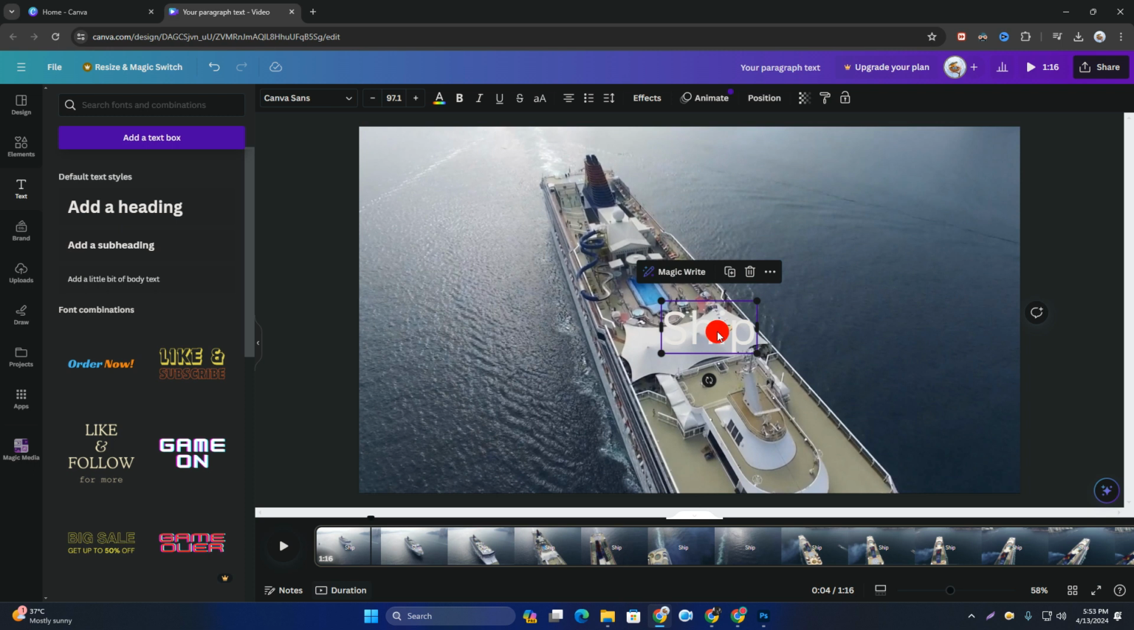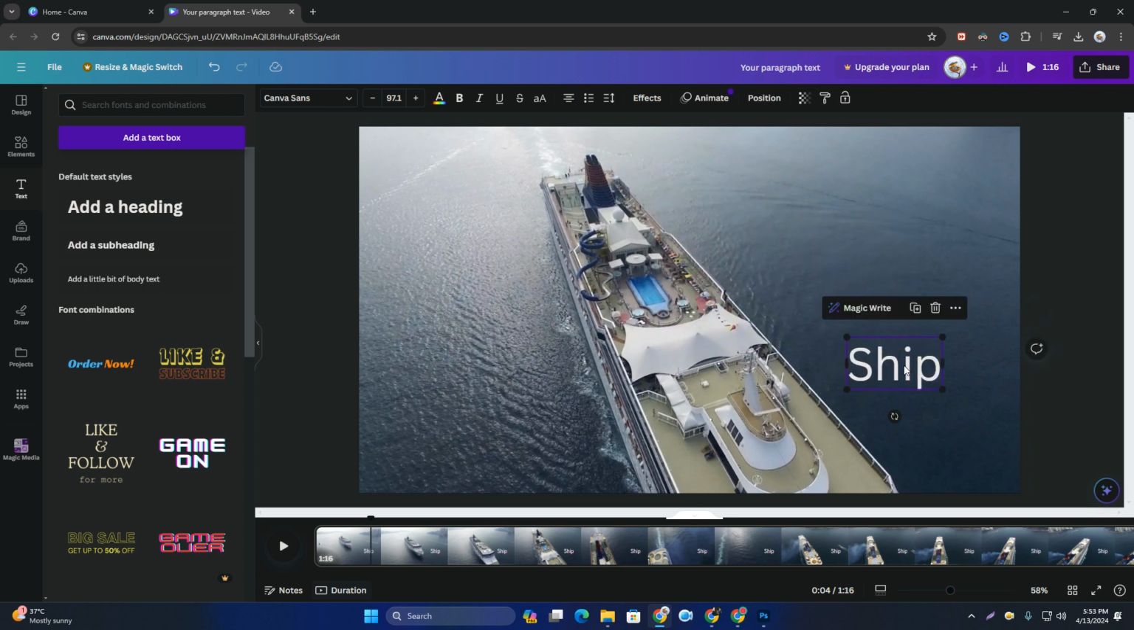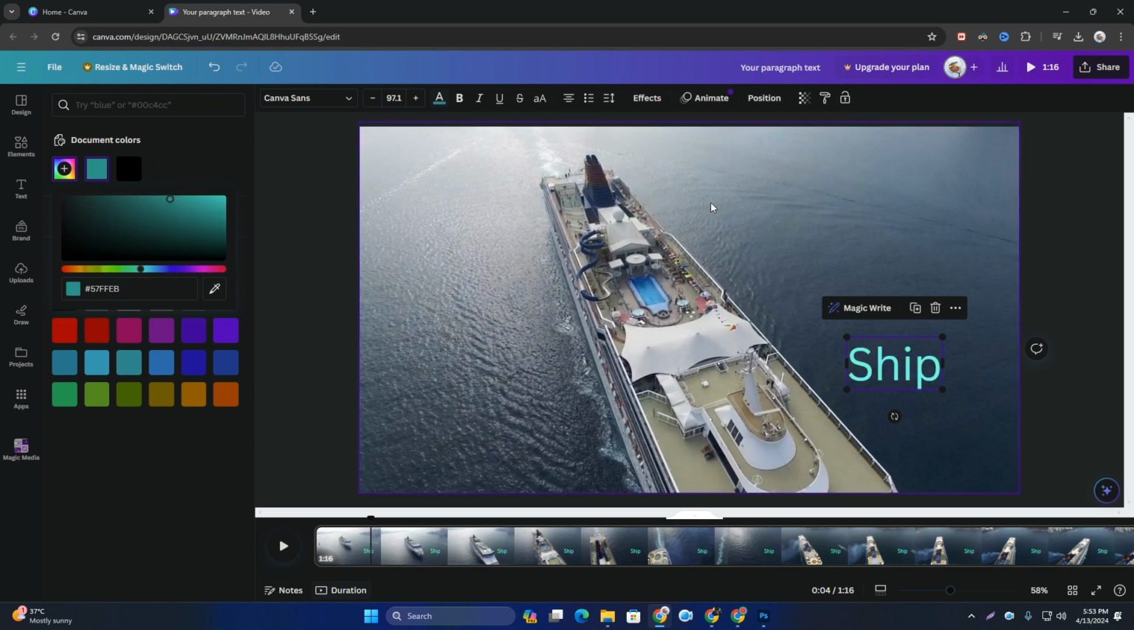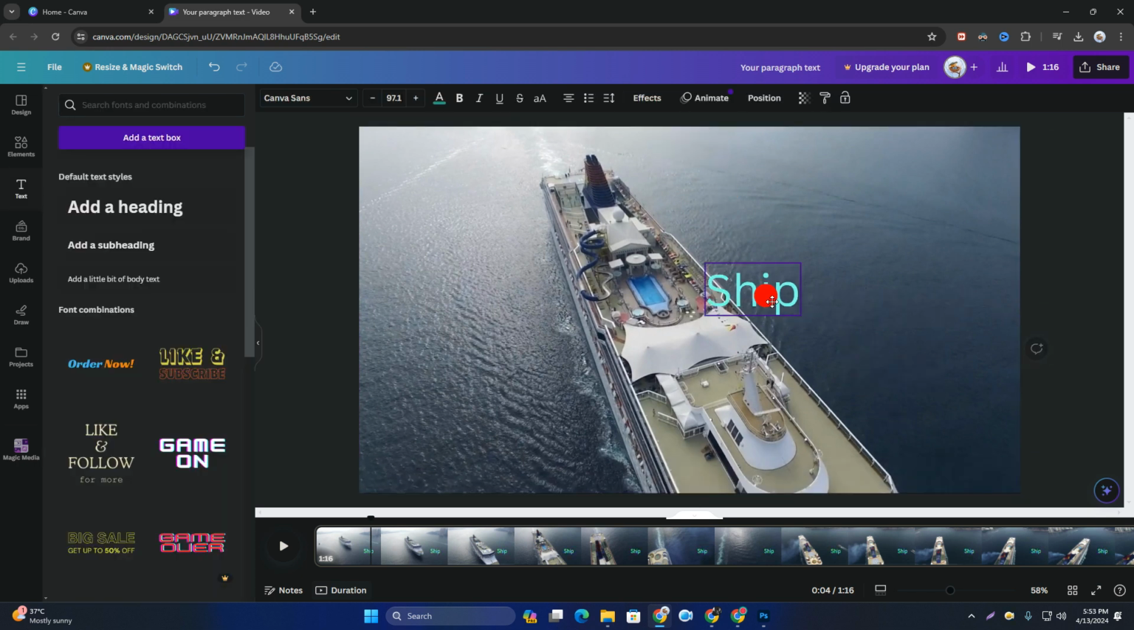And then you can set it anywhere. You can change the color. I think you can take color picker. So this way you can text on